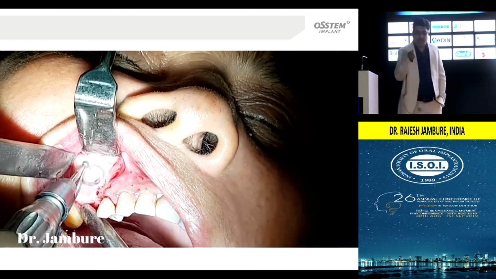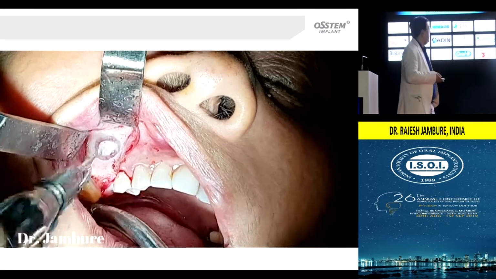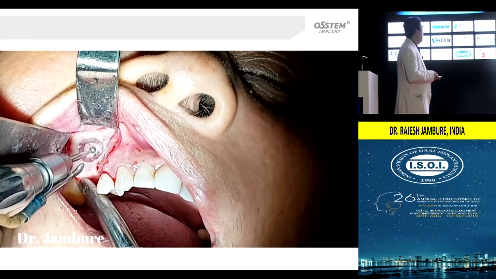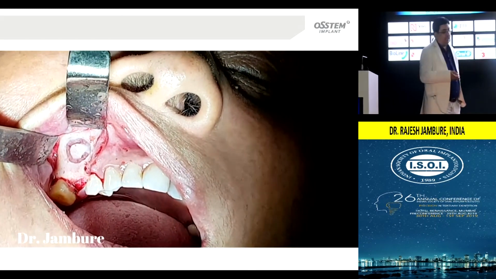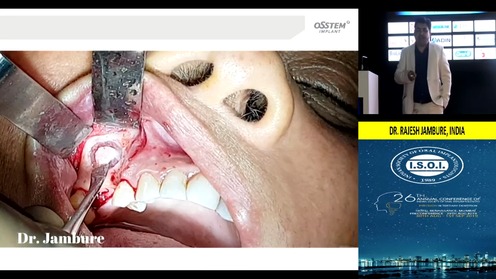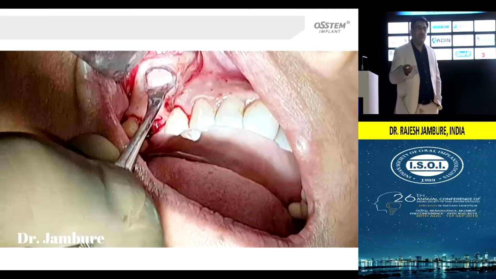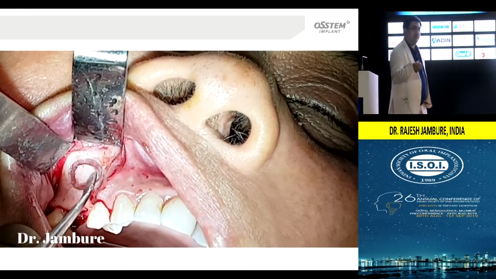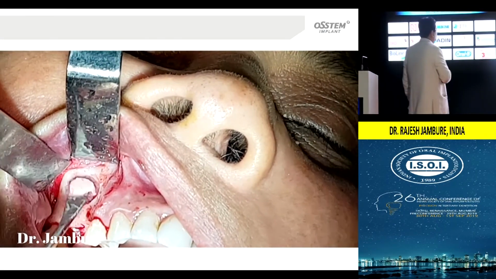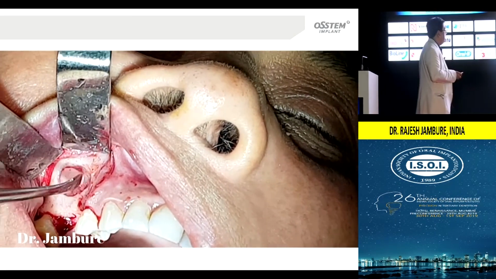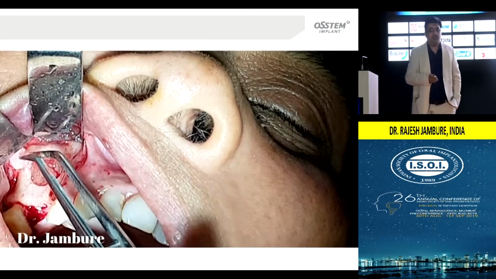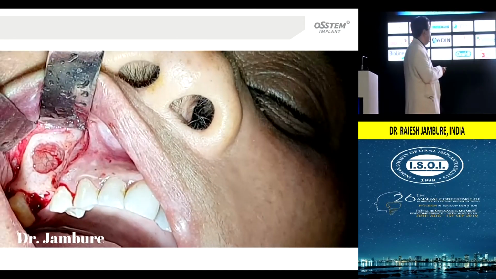Once you see some lining, you can stop at that point and confirm that your window preparation is complete. And I use the wall-off technique, where we take out the wall and we use the same wall later for covering that area. So you don't need to use membranes also. You can use the same wall there as covering for that defect.